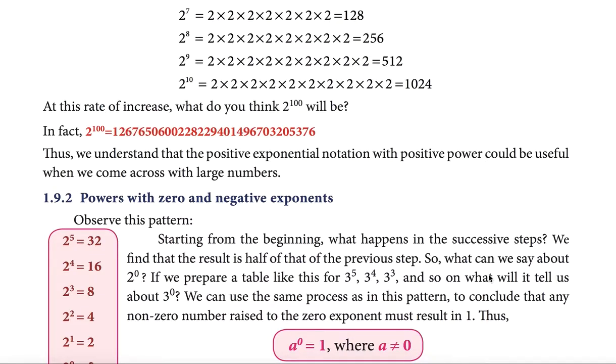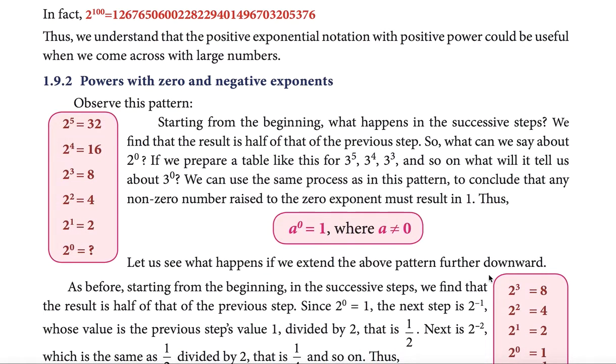Powers with 0 and negative exponent. Observe this pattern. Starting from the beginning, in the successive steps, we find that the result is half of that of the previous step, right? So what can we say about 2 power 0? 2 power 0 is half of 2 power 1, which is how much? 1 only. If you prepare a table like this for 3 power 5, 3 power 4, 3 cube and so on,